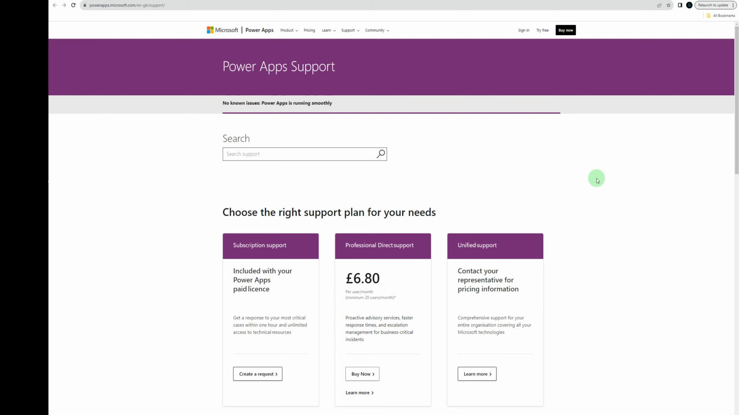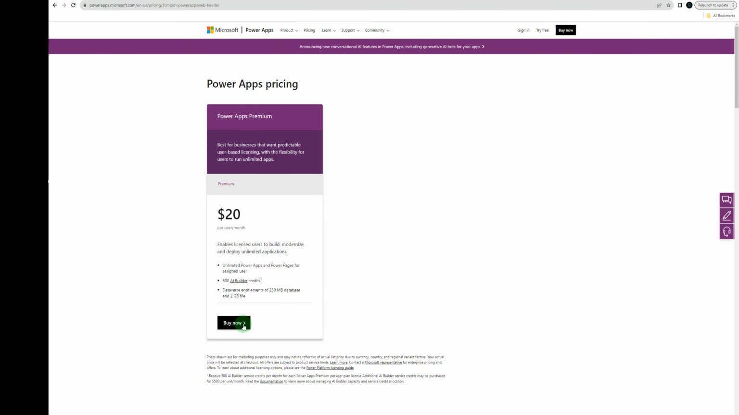Microsoft Dynamics 365 Business Central, and we're going to learn about how to connect to Power Apps, because I wanted to use Power Automate, and you need to sign up for that. So you go to this page, powerapps.microsoft.com, and you just put buy now, and then you click buy now here,